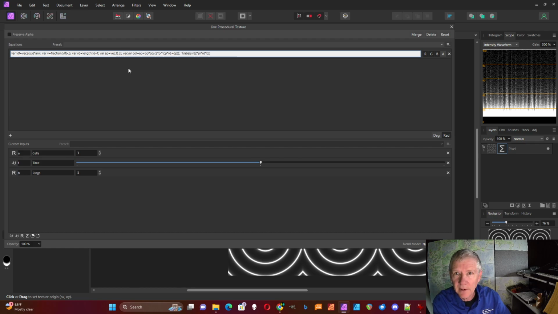Next one is variable bp, which is vec3 0.5 also. Even though these are vec3, if you put a 0.5 in here, it will assign a 0.5 to all 3 components when you create it. And then a cp, which is a vec3,